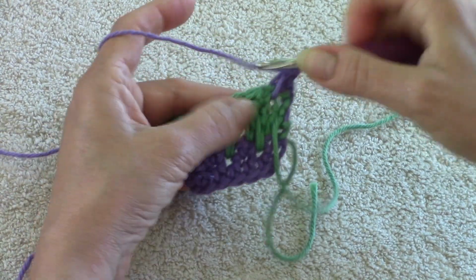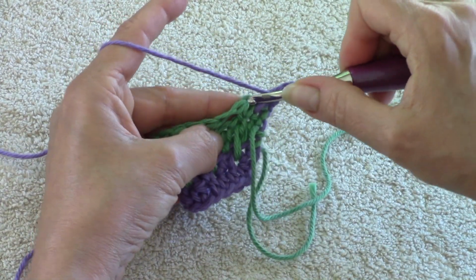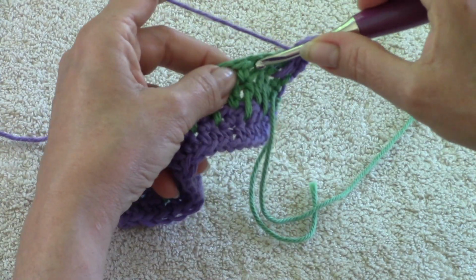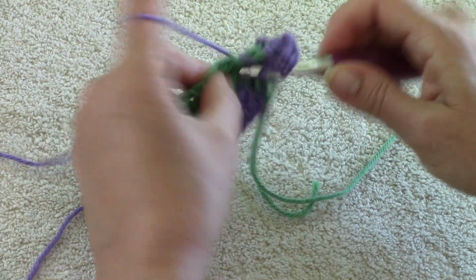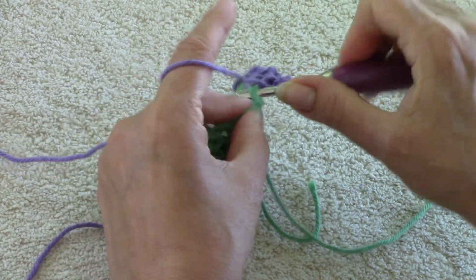Half double crochet into the next. Remember, scooch that aside a little if you need to. Okay. And then there's your chain 1. You follow it down, and that stitch becomes pretty prominent. You can see that pretty well. So you just do your double crochet spike stitch into that, half double in the next,